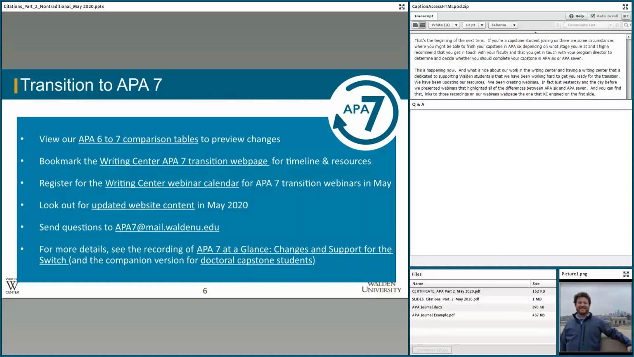link to our APA 6 to 7 transition charts. These charts preview all of the changes that have been made between APA 6 and APA 7, and it's a very helpful side-by-side presentation that will give you the details about the transition. And I'll just let you take a look at these resources. All of these bullets are resources that will be helpful to you as you go about making this transition into